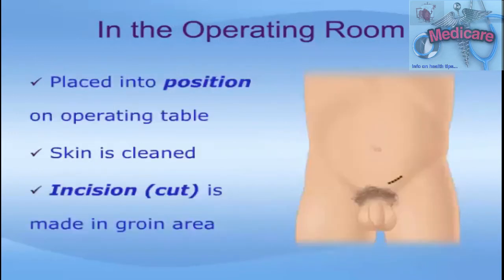The doctors and nurses will then carefully position you on the operating table in such a way as to optimize the ability of the surgeon to carry out the operation. For a radical orchiectomy, you will typically be placed flat on your back. Once positioned, the skin is cleaned with special antibacterial solution, and a short incision or cut is made in the